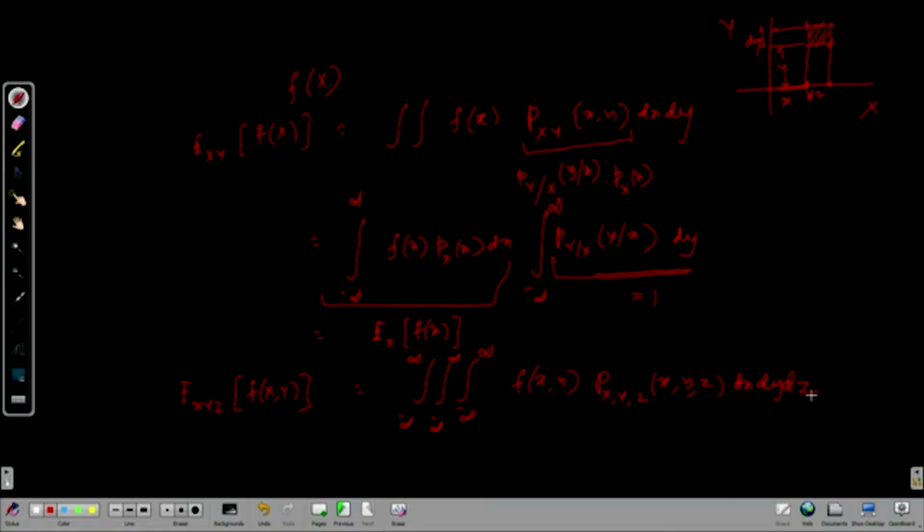Here, x and y are the random variables figuring within the function: capital X takes a value small x here, capital Y takes a value small y. As I told you, our policy will be to set z to be free and capital X, y to be the constraints. So, this I will write as